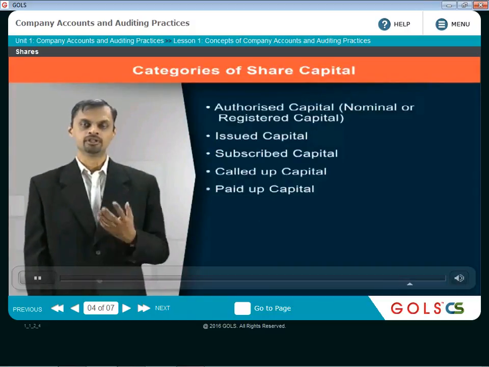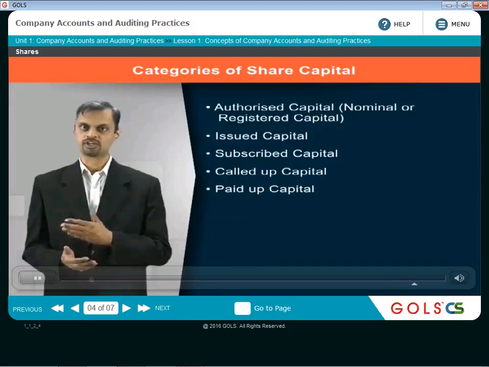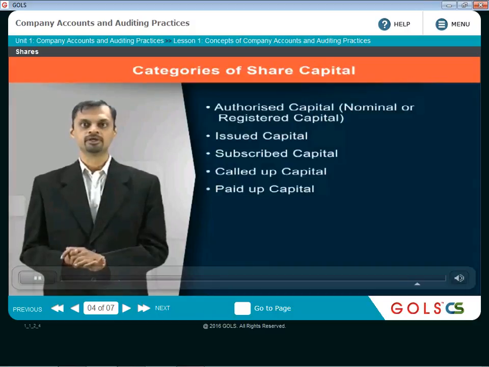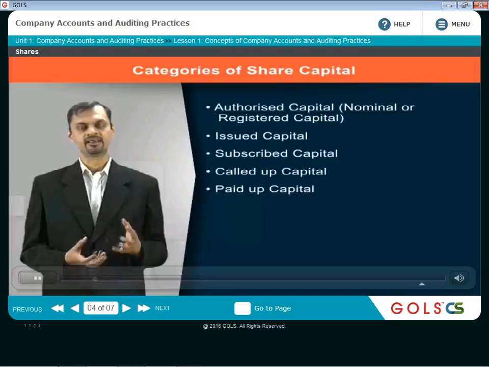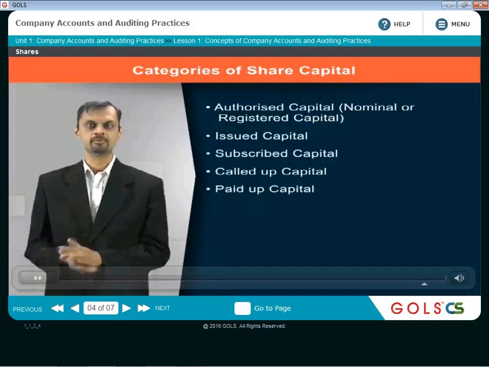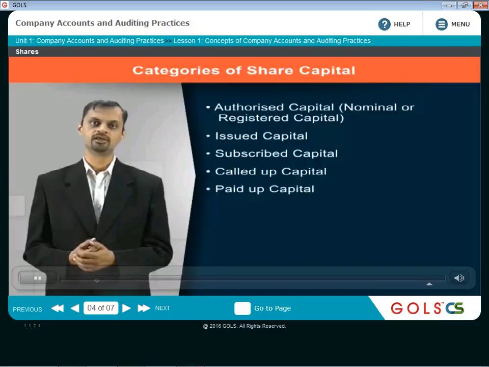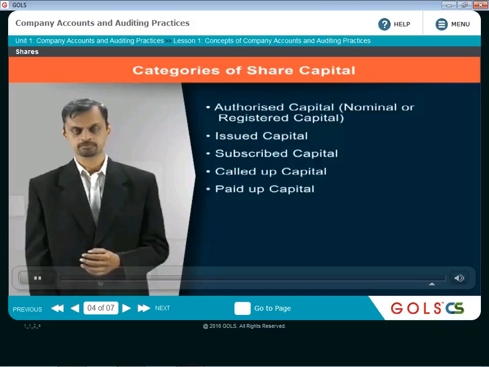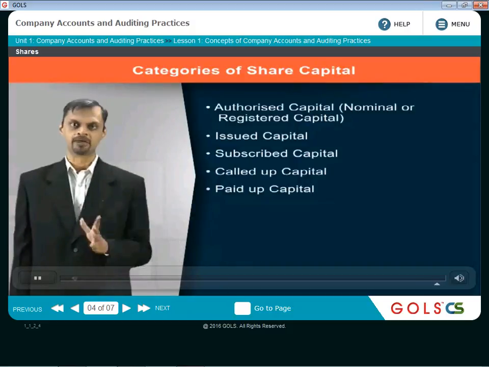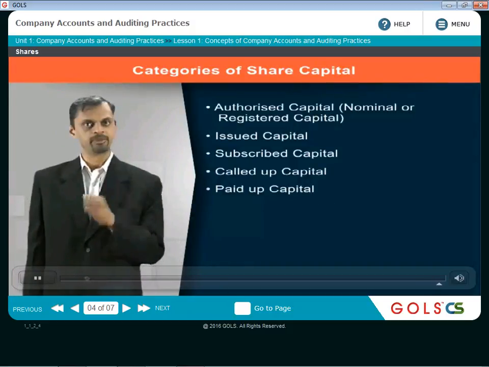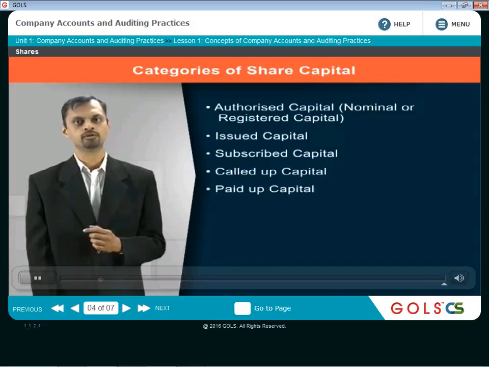Now in the balance sheet, as per Schedule 3, you need to remember that the proper disclosure has to happen in the notes to accounts. In the notes to accounts, you will have to show authorized capital, and then out of authorized capital, how much is issued, subscribed, called up, and finally, what is the paid up capital. All that breakup will have to be clearly shown as per Schedule 3 requirements. In the balance sheet total, ultimately what goes is the paid up capital, which is called up capital minus calls in arrears. So the paid up capital is part of your balance sheet total.